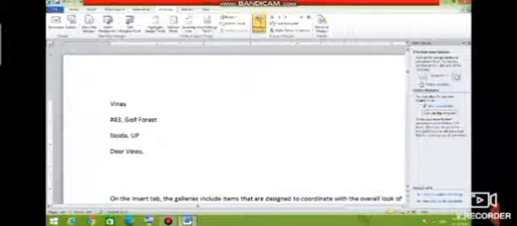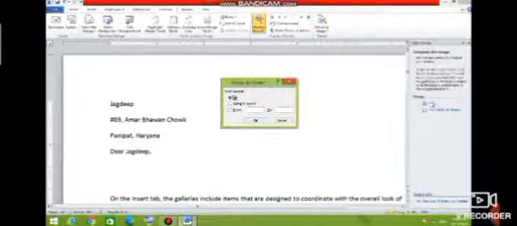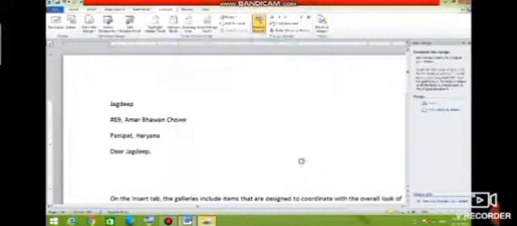Printing the merged letter. We can now take the printout of our letter with the merged address block from the data source. In order to print the letters, we need to follow some steps. Click on the next button, complete the mail merge under the step 5 of 6 section in the task pane, and then click on the print options under the merge section. The merge to printer dialog box will appear. Select the all radio button and click on OK.